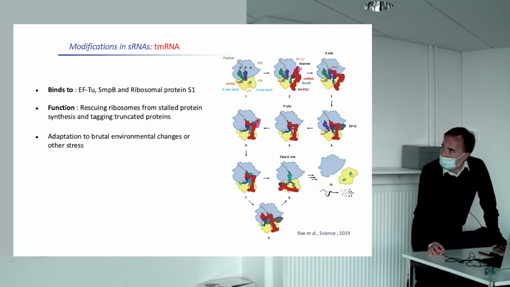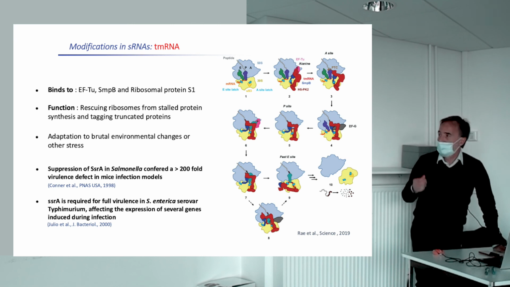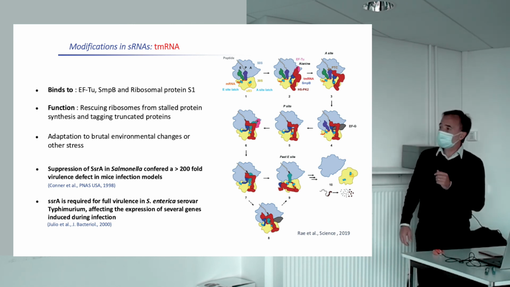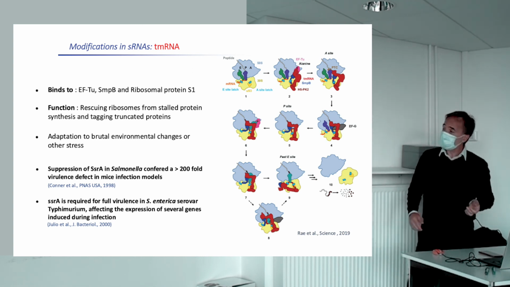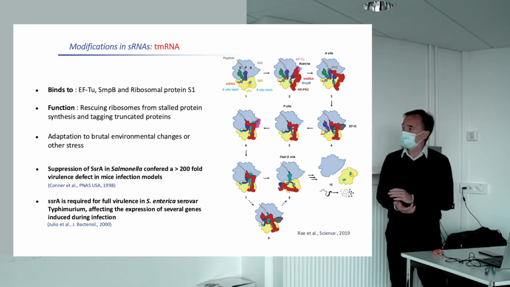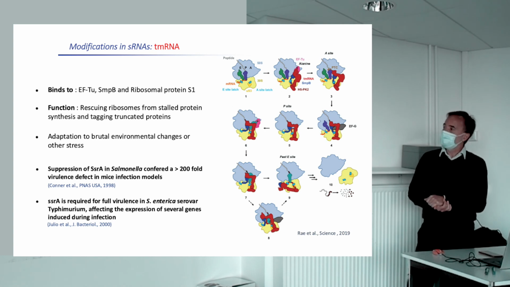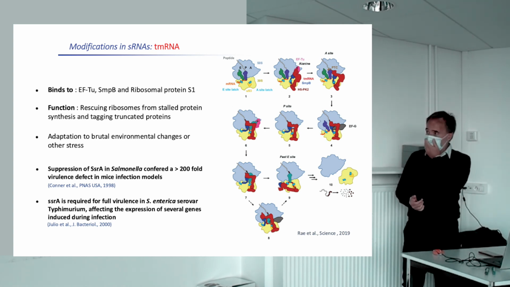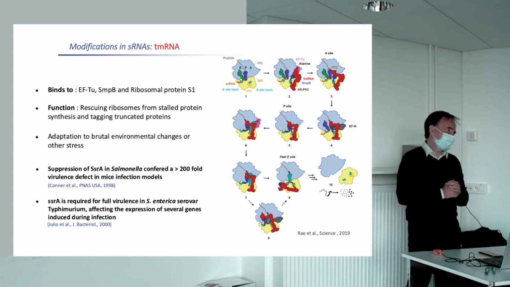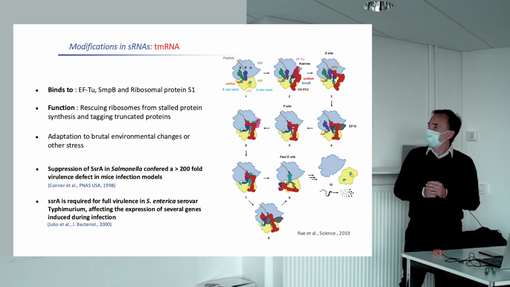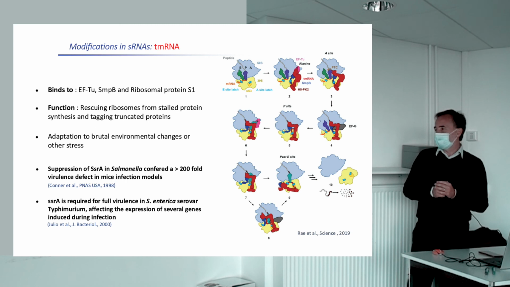And this is important in adaptation and especially in oxidative stress condition. Okay. Now, there are a few studies that show that in pathogenic bacteria, like Salmonella species, if you suppress this tmRNA, you may have a 200-fold decrease in the virulence of this species. And more